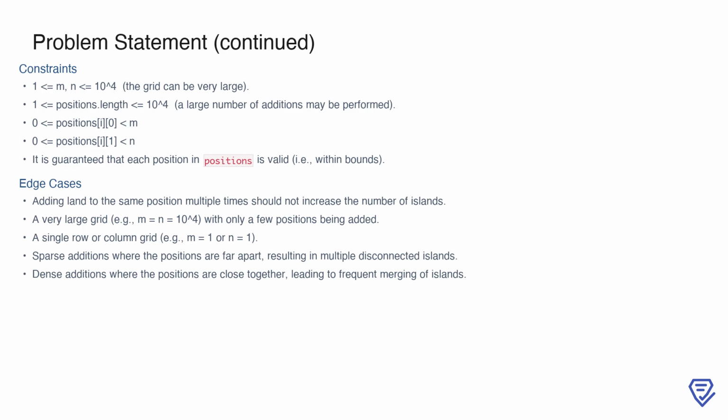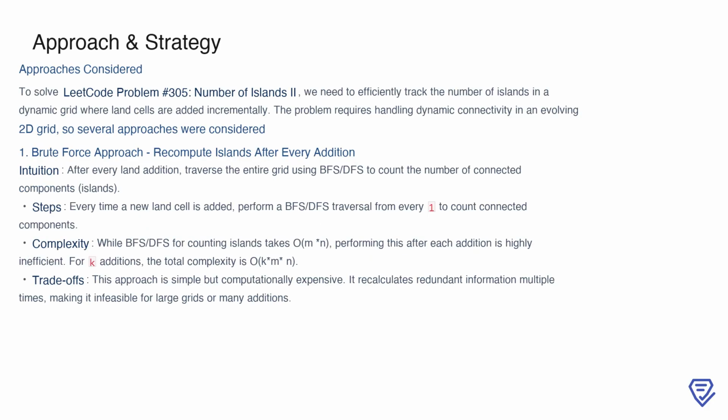These considerations are critical for designing an efficient solution. To solve the problem of counting the number of islands in a dynamic grid where land cells are added incrementally, we need a strategy that efficiently handles dynamic connectivity. The first approach to consider is the brute force method. The intuition here is straightforward: after each land cell is added, traverse the entire grid using either